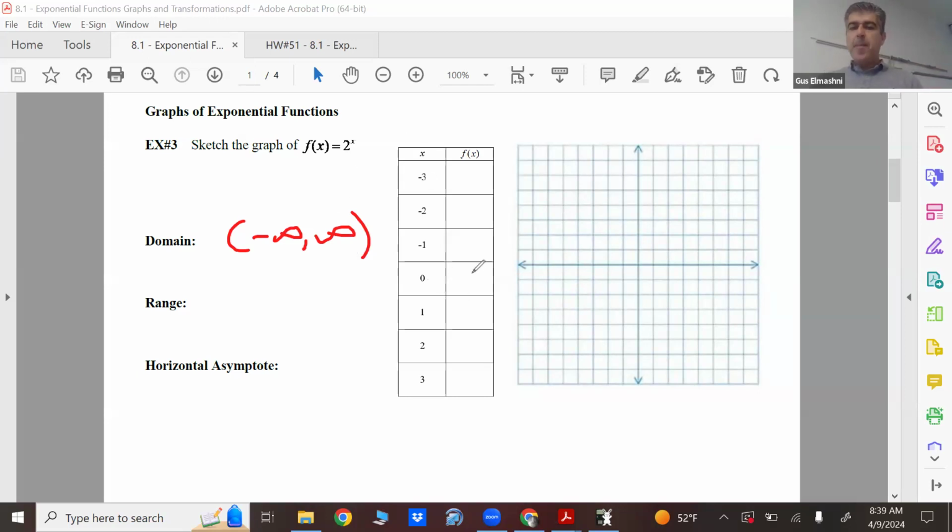What's 2 to the 0 power? What's 2 to the 1 power? 4, 8. And that's 1/2, 1/4, and 1/8. So if you plot the points,